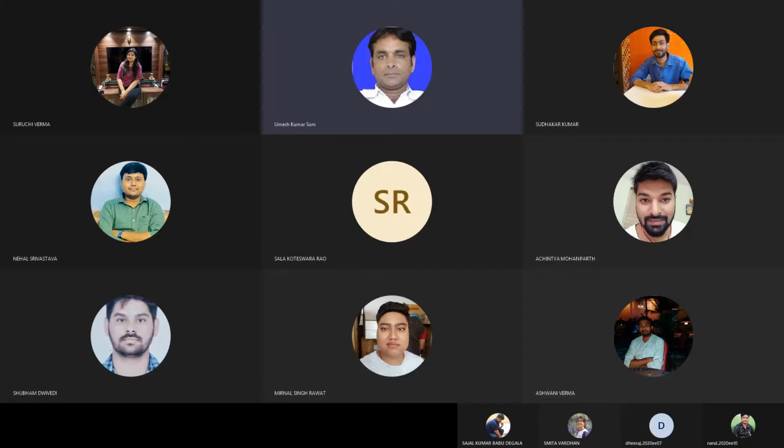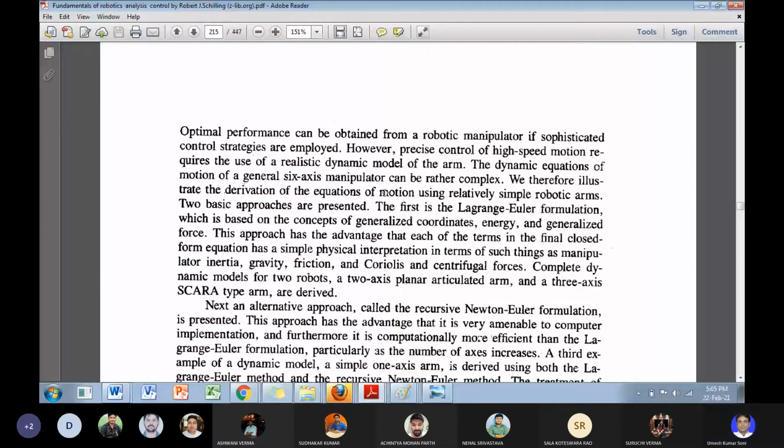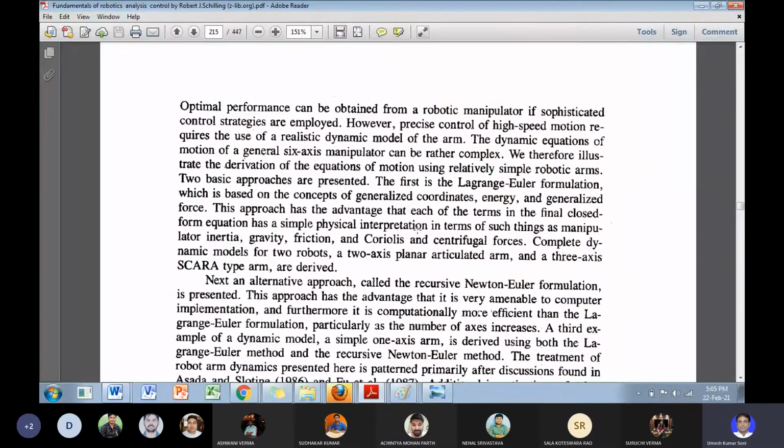which are based on the concept of generalized coordinates, energy, and force. So there are various forces such as inertia, gravity, friction, Coriolis force, and centrifugal force. Coriolis force is such that the rotation of the surface of the earth will agitate the inner mass, the lava, that is rotating with respect to the origin. So the inertia, gravity, friction, and centrifugal forces you better know.